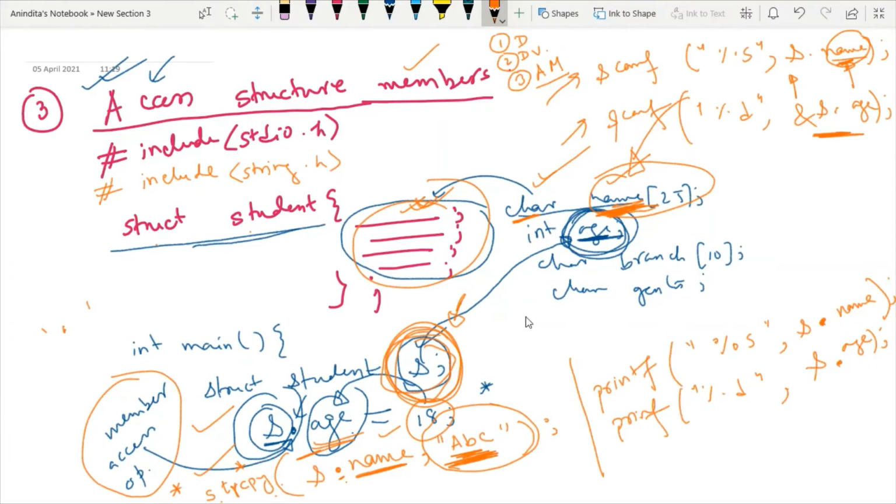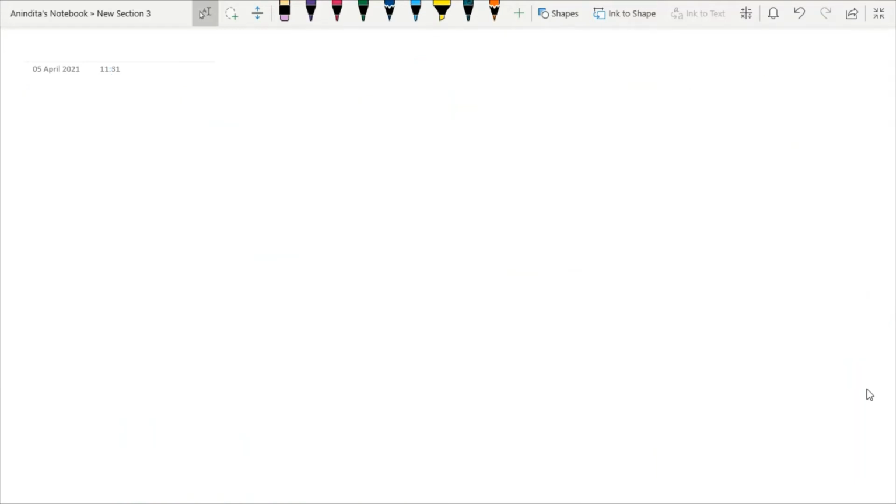Here, whatever structure I have defined is only comprised of basic data types and arrays of the basic data type. Now I will go into the details of how you can deal with an array of structures or how you can deal with derived data types. Now I will move to the next important topic, which is known as structure initialization.